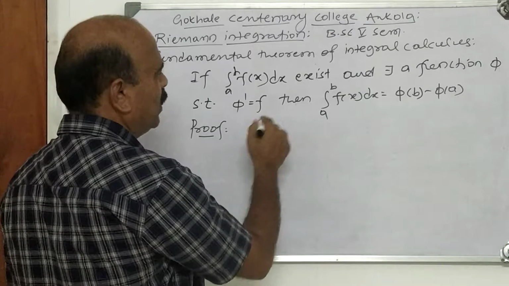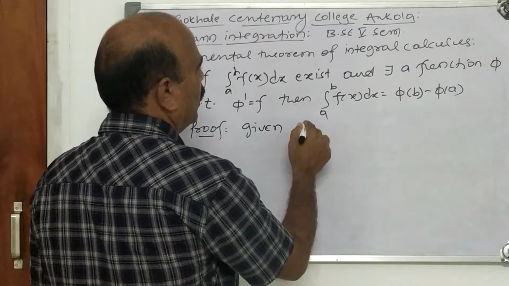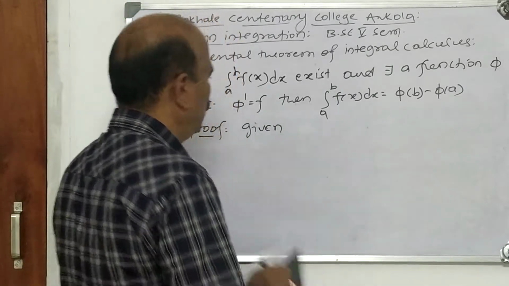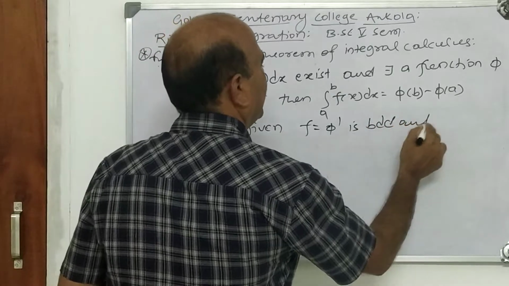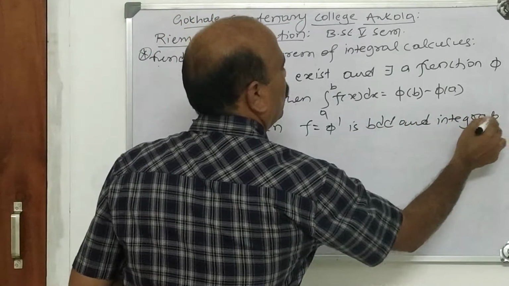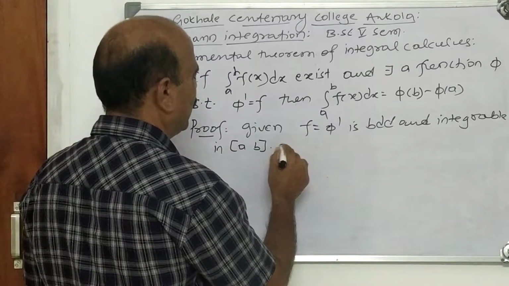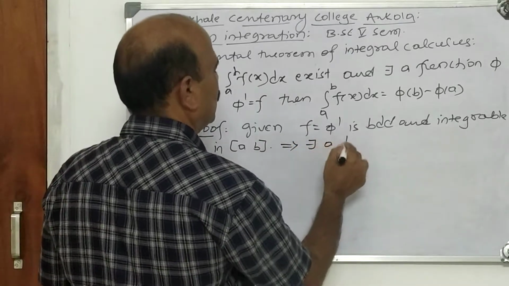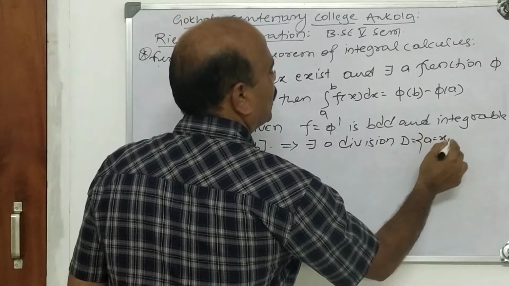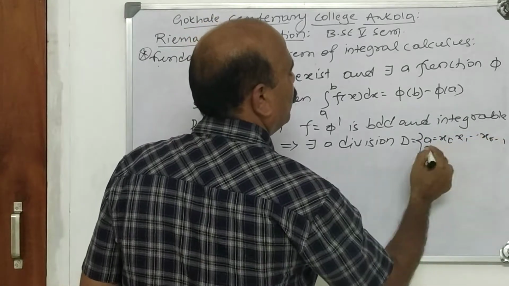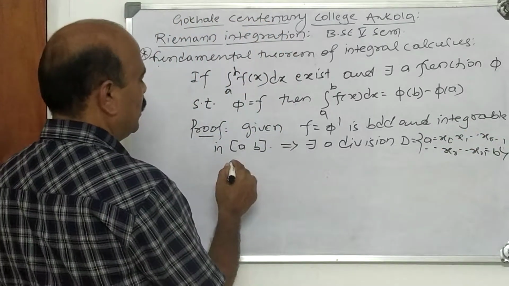Proof is like this. What is given here? Given f is equal to pi dash, f is equal to pi dash is bounded and integrable in AB. Now, by definition of Riemann integral, what does this imply? This implies there exists a division D. We take the division as x0, x1, etc., xr minus 1, xr, etc., xn is equal to b. This is the division of AB such that